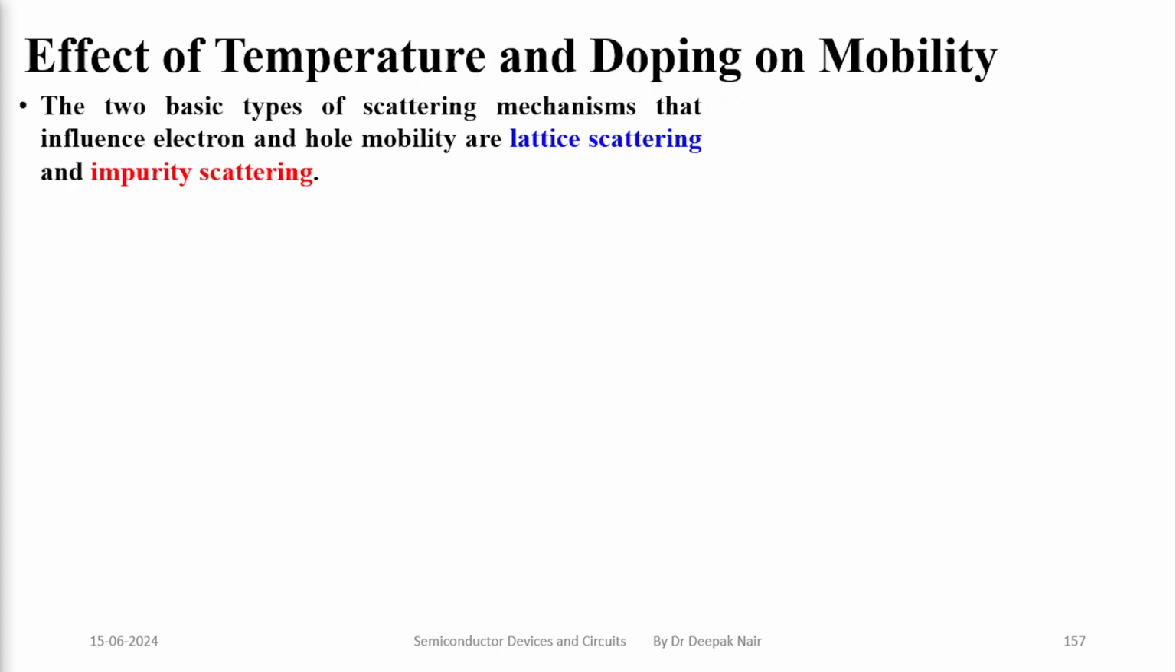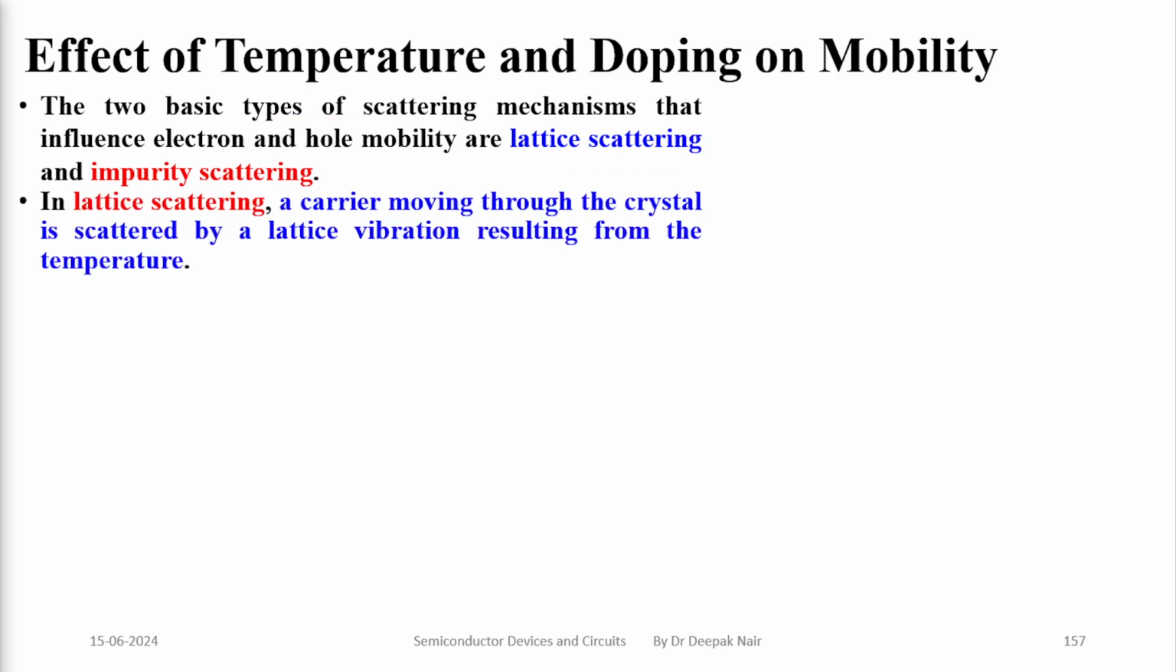There are two types of scattering mechanisms present in semiconductors. First is called lattice scattering and second one is called impurity scattering. Let us go through the meaning of lattice scattering and impurity scattering. In lattice scattering, a carrier moving through the crystal is scattered by lattice vibration. So lattice scattering is caused by the vibration of lattices,